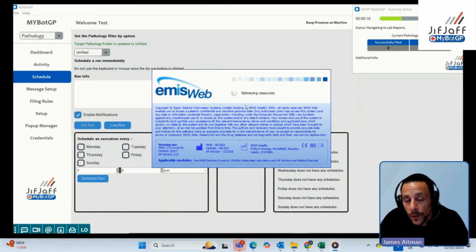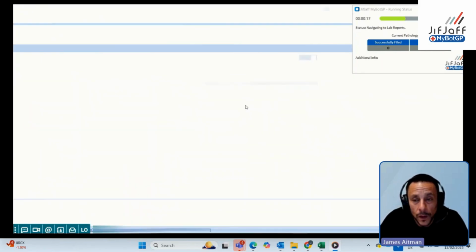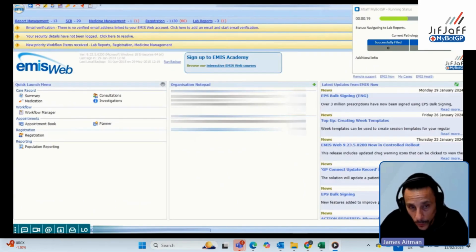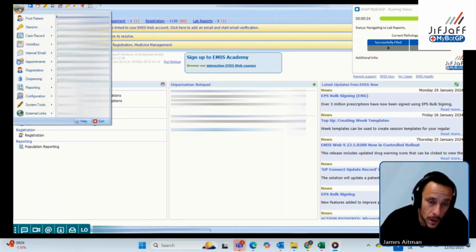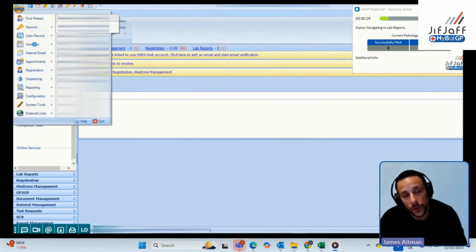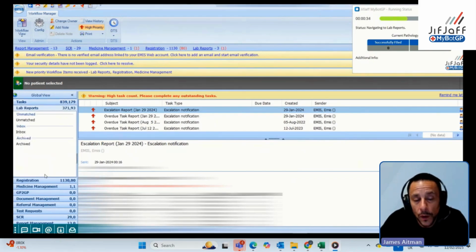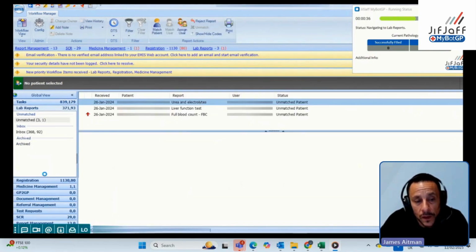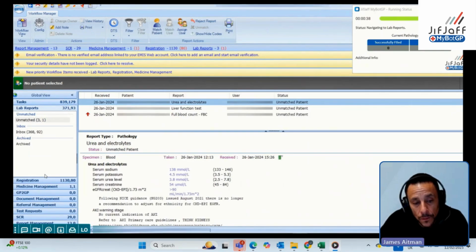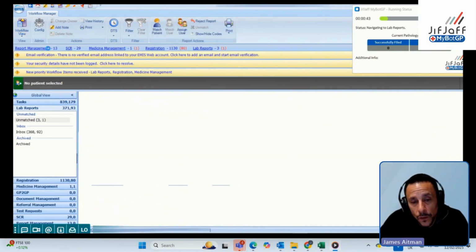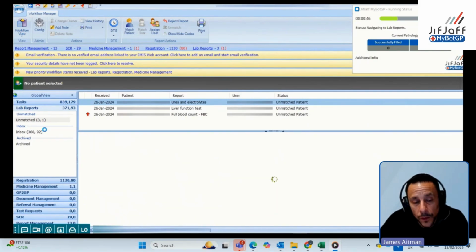This is MyBotGP essentially doing, as we said in the slide, logging into EMIS for this example. Obviously, we do this for SystmOne as well. We can show that after if anyone wants to see it using SystmOne. It's going to navigate to where the pathology tests are. It's going to open it up. It's going to read every single one. Every line on every path test where there are multiple reports on multiple lines on one report, and skip to the next, to the next, to the next. Identify the ones it's got permission to action, apply the rules, file, send a message where appropriate,